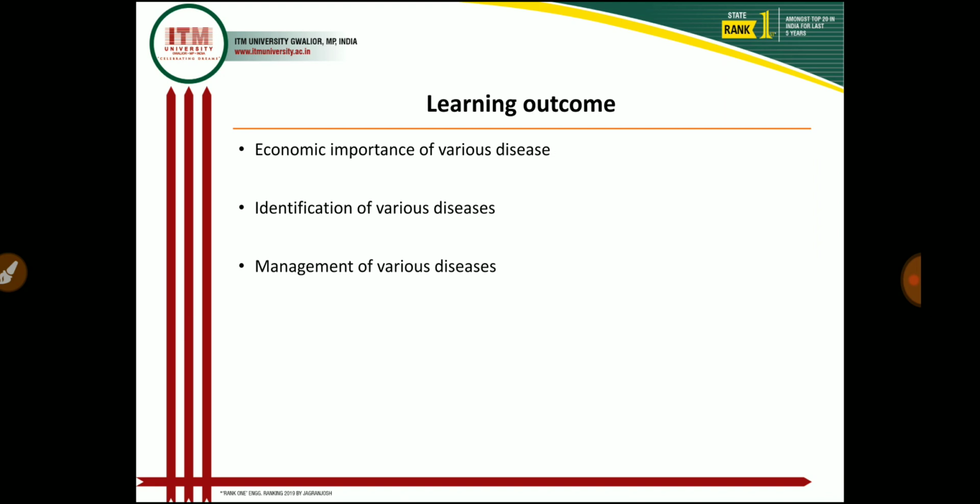Then what are the learning outcomes of today's lecture? I explained the 4 diseases. First one is bud blight of the safflower crop, second one is mosaic disease, third one is rust, and the last one is leaf blight. And in each disease I explained the causal organism, economic importance, symptoms, disease cycle, pathogen characteristics, favorable conditions, and how we manage the diseases in field conditions. I also explained the identification of the diseases on the basis of the symptoms. So these are the learning outcomes of today's lecture.